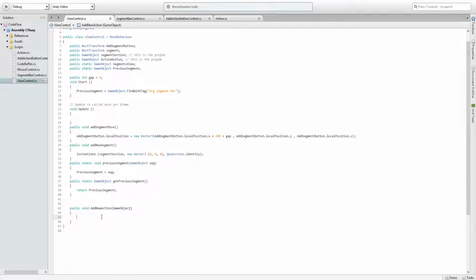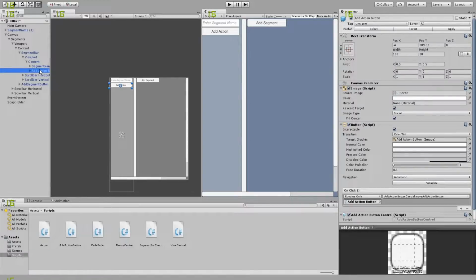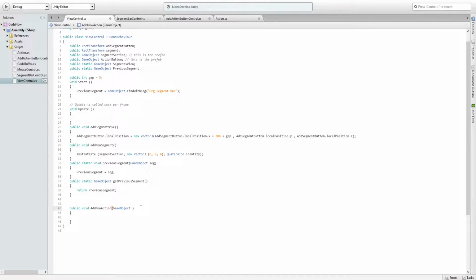This is add new action, and then this is going to be game objects. It's called segments, right? Segment bar. So seg bar. And then basically